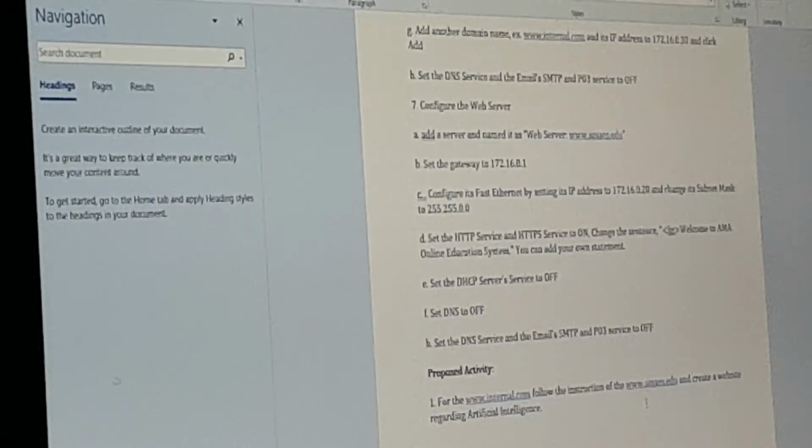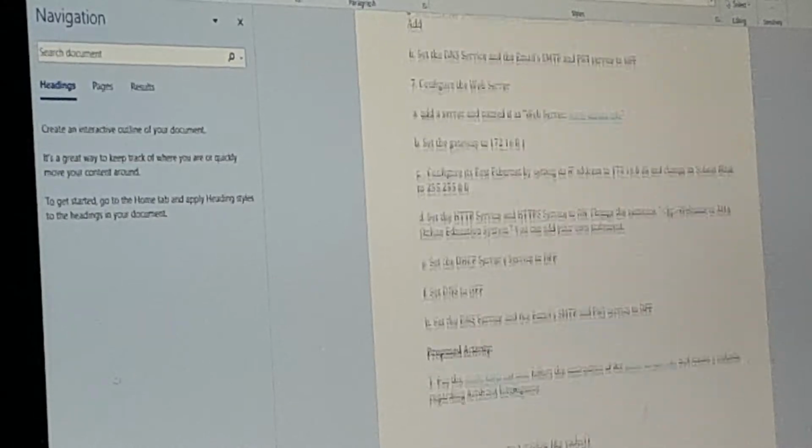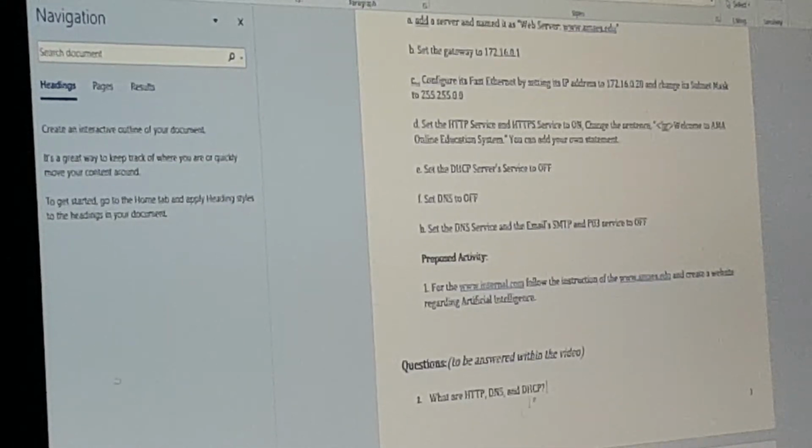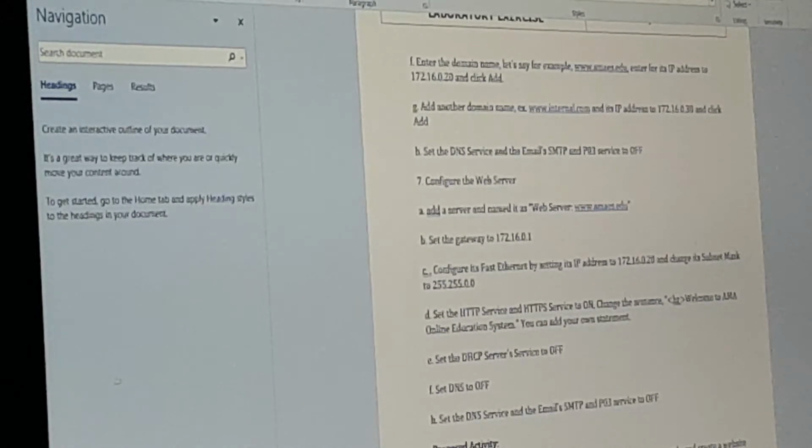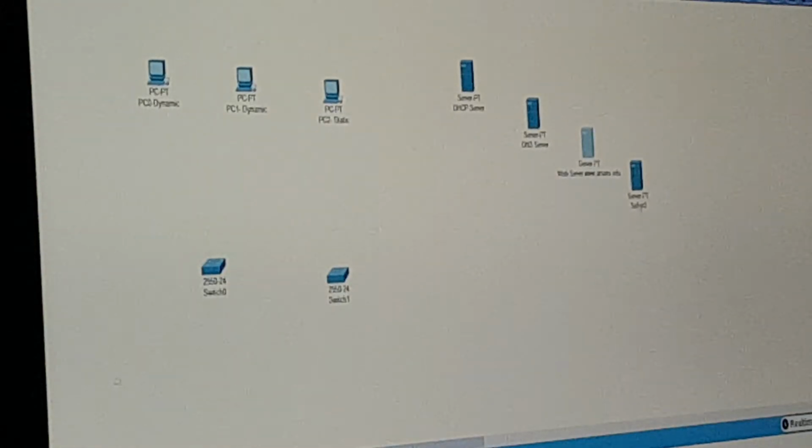Okay. And we are going to configure the 3 server. So next, the same procedure as in number 7. So we are going to change the name to web server www.international.com. Okay, so we're going to click this one. Change the name to web server, then www.international.com. So the next,